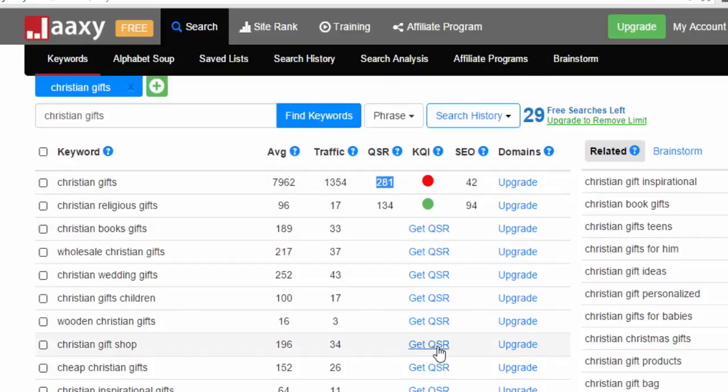Okay, and let's do a QSR on this one right here. Again, I'm going to teach you how to set your pages up to where you can rank well, but these two look like good terms for me to target. There are 134 pages competing for the same term, if my website's pretty good. Now this is on a national basis.